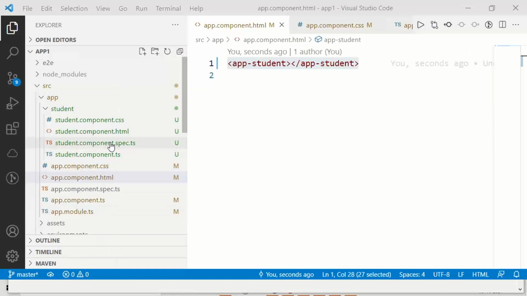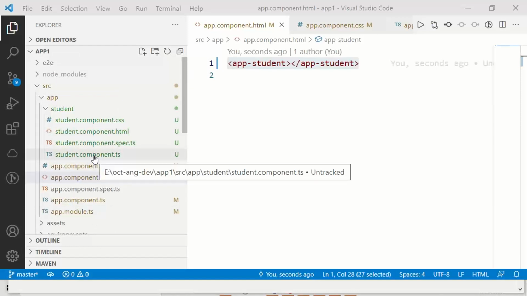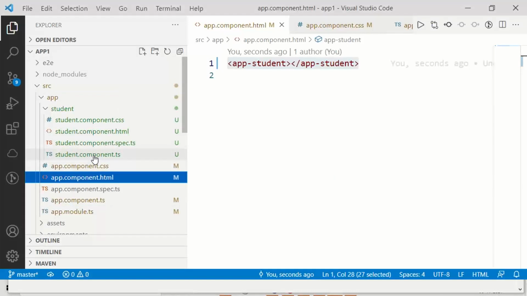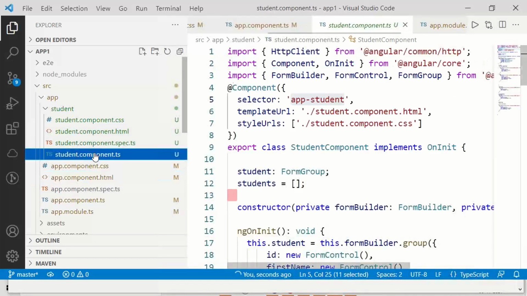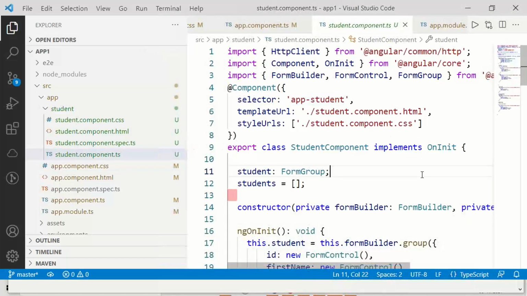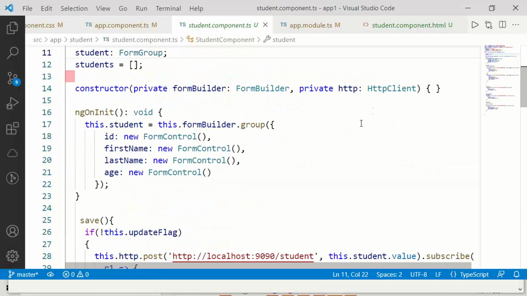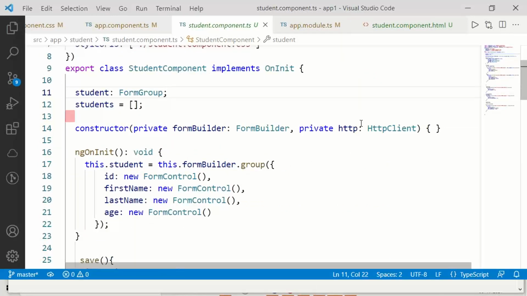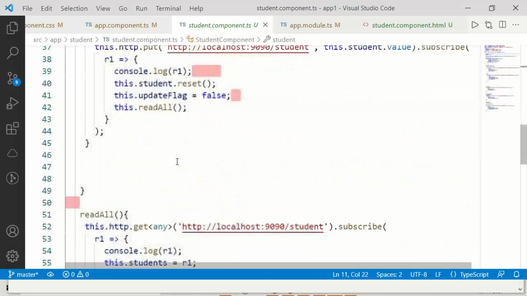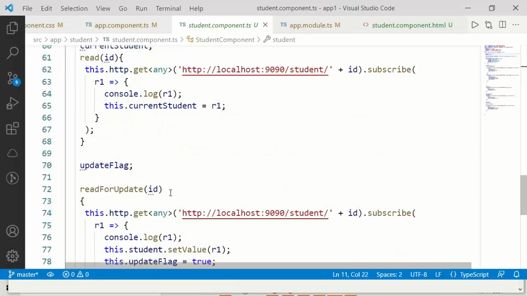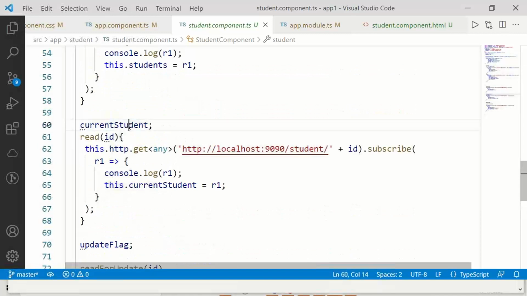Now come to the student TypeScript class. So as of now, some attributes are there.